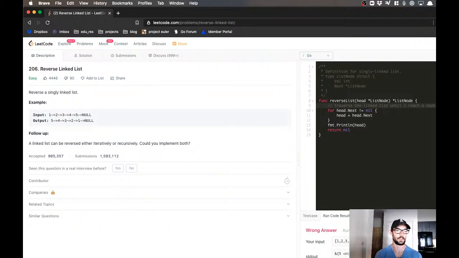and if I take one past the head and I point it back towards the head and then go forward one step and then point it back towards the head. Okay. And then I just have to figure out how to make the first one's next node nil. Okay, so for head.next is not equal nil,